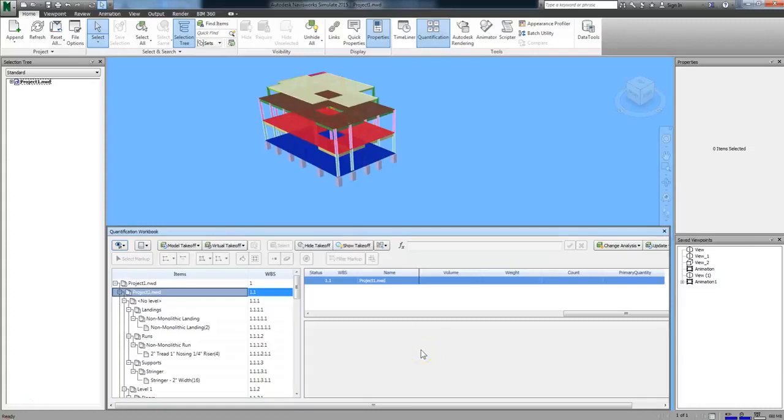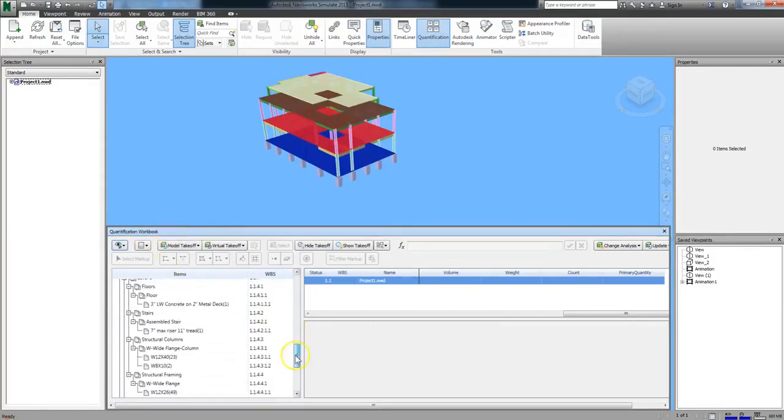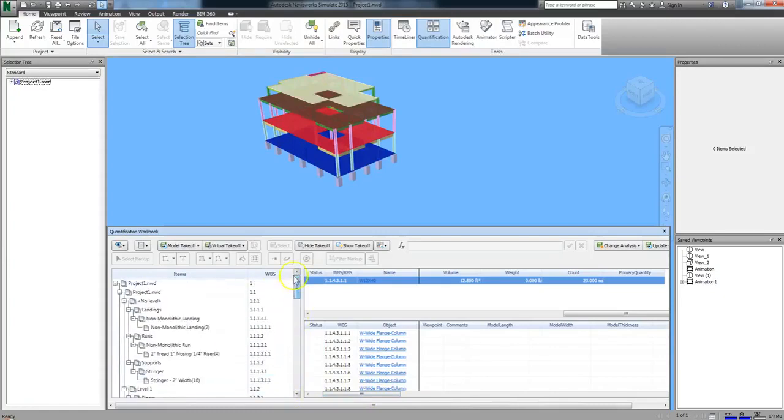In this lesson, we'll show you how to export the takeoff. You can export any item in the quantification workbook by simply selecting which items or elements you want to take off. So before we can go any further, we have to select which item we want to take off from our quantification notebook. For this example, we'll take off the wide flange structural framing,